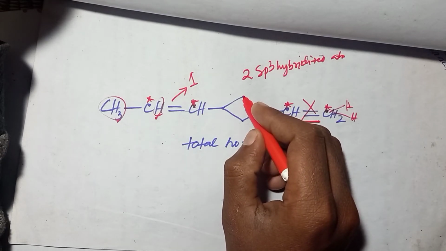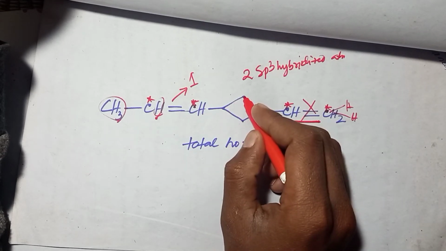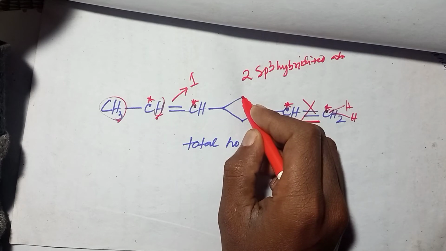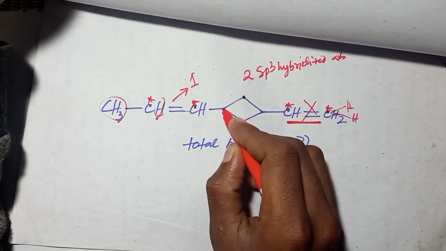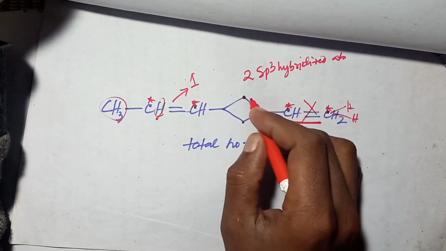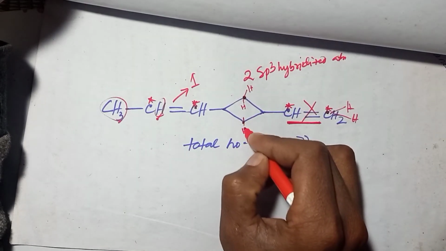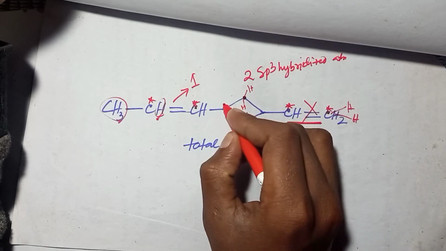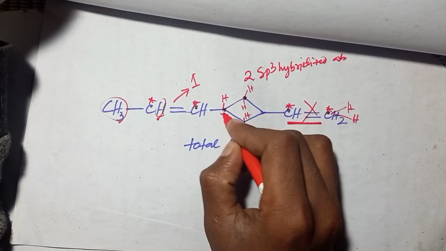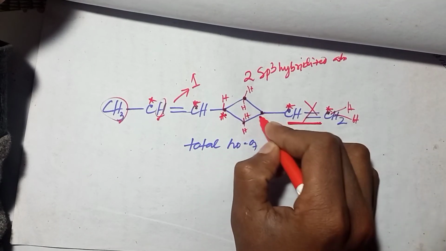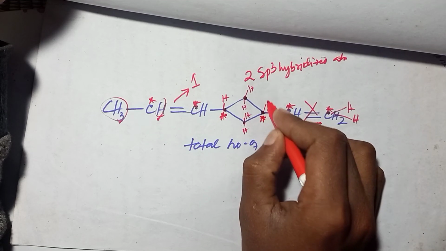This is not an sp3 hybridized atom; this is an sp3 hybridized atom, this is also, and these are 3 sp3 hybridized atoms, but this is connected to 2 hydrogens, and this is also connected to 2 hydrogens. But this is one sp3 hybridized atom, and this is one sp3 hybridized atom,